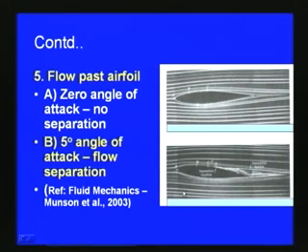So, the same airfoil with a 0 angle of attack has no separation, but if the angle of attack is 5 degrees, then there will be separation. Depending upon the angle of attack, the location of separation changes, and the boundary layer characteristics also change. This case shows how the flow separation and the separating streamlines behave with respect to the placement of the body.